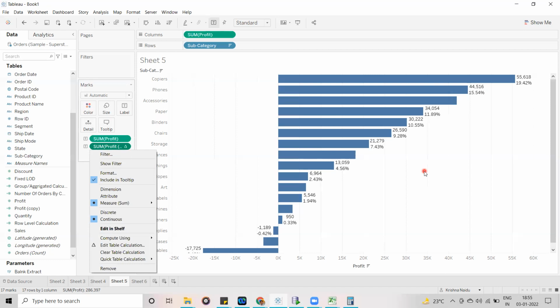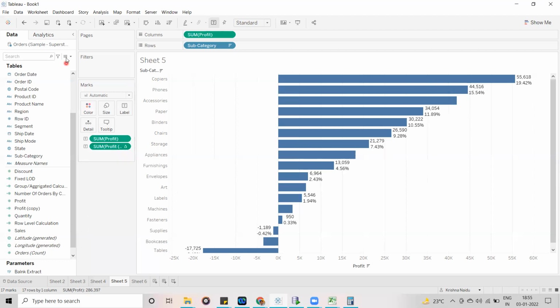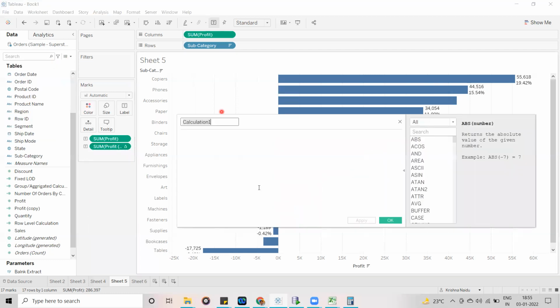These table level calculation functions we cannot use in LOD functions. Let me give one example. Whenever you write a function like index, you see default table calculation.